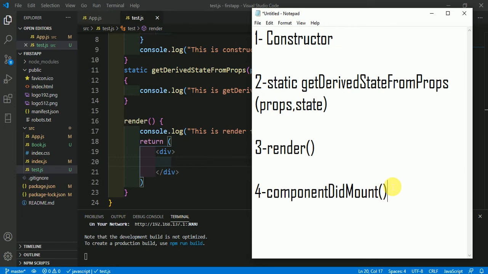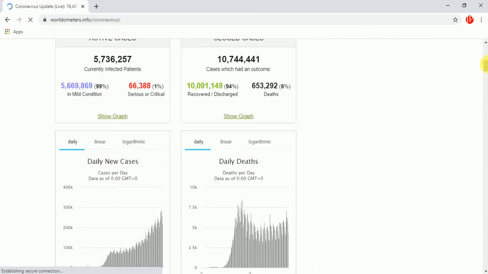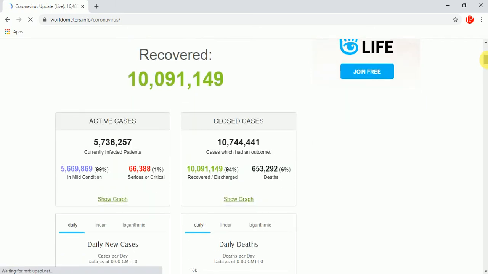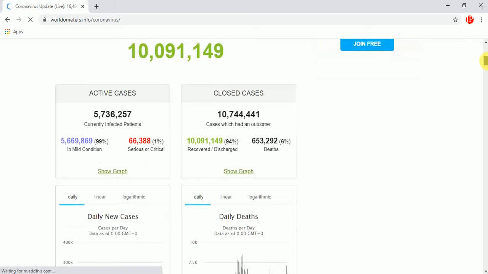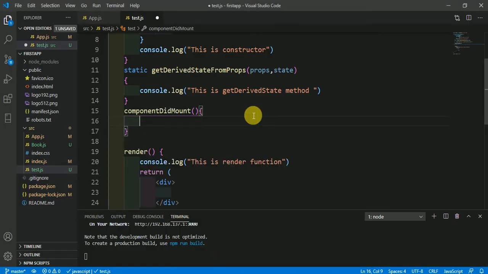Suppose you have a web application of a corona tracker, like on this website here. Whatever data is coming here is coming from some API. Maybe this website has its own API, or maybe it is taking from another API. So whatever things are related to API, you could include that in this componentDidMount function.